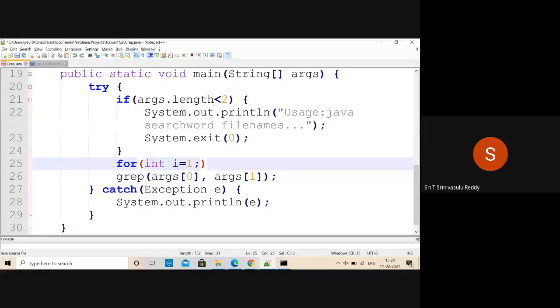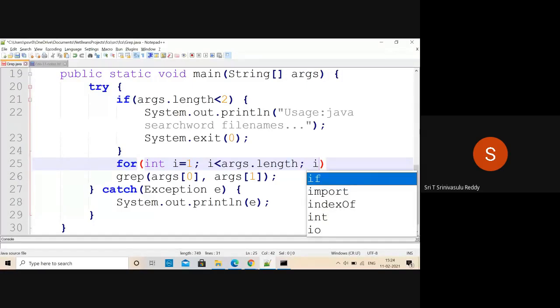From 1 onwards, the file names are there. So you say for i equal to 1, i less than args dot length. That means for every corresponding thing. Strictly less than, because 0 to n minus 1, altogether n. So that's why this is required, and i plus plus.